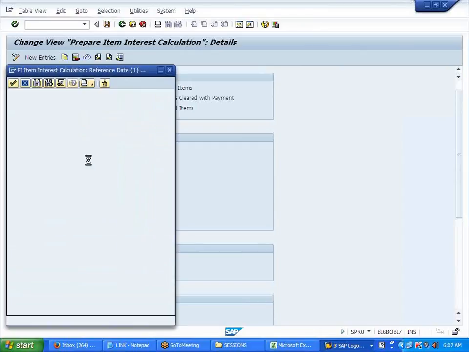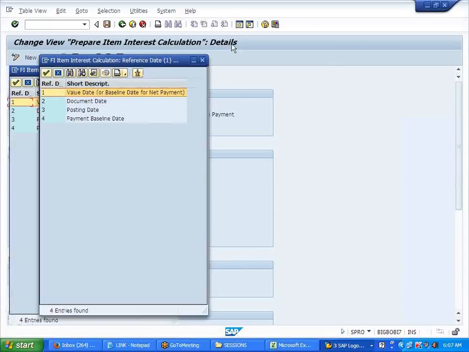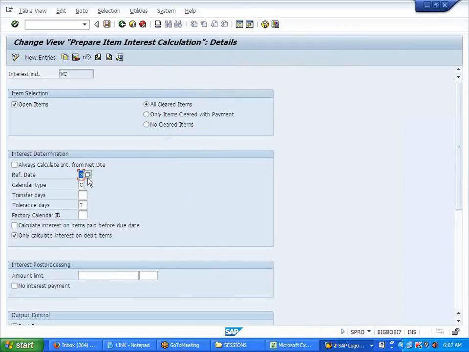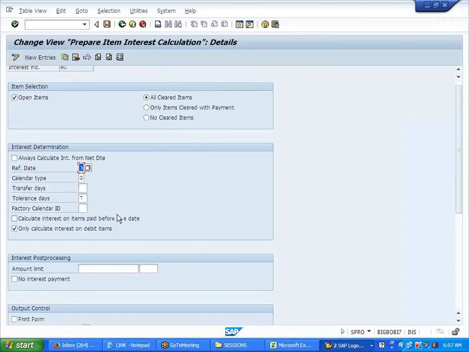So when it is considering the due date, should it consider value date, document date, posting date, or baseline date, depending on the requirement. The baseline date comes into action if you are using payment terms. Here I'm using a posting date. You can use whatever date you want to use.